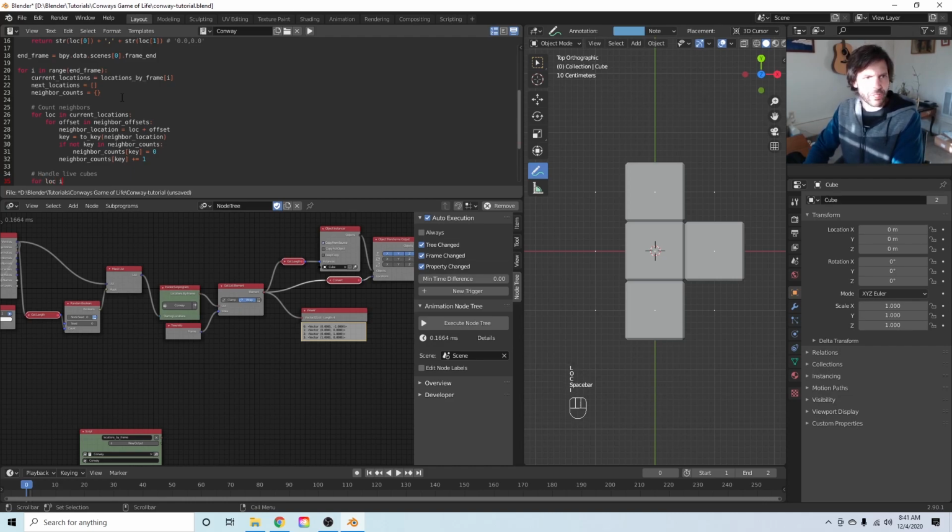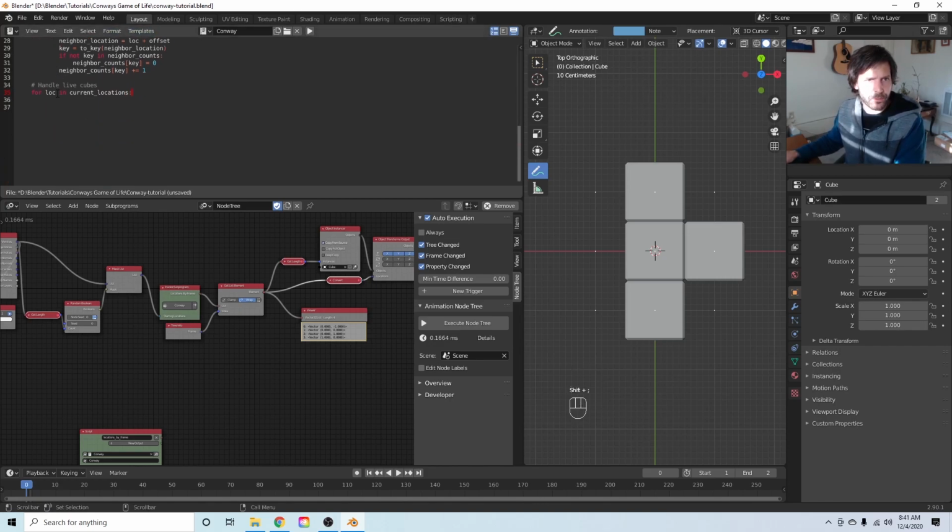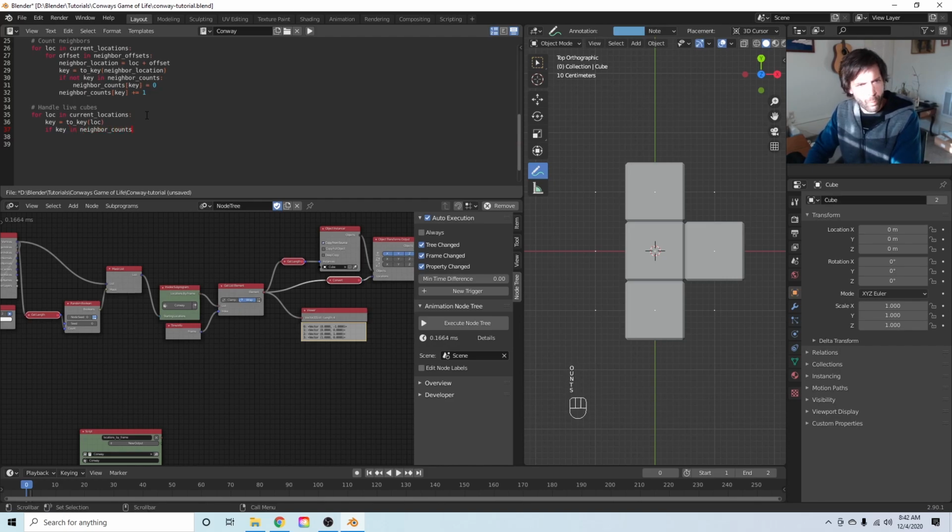For location in current locations, just like our loop above, same loop essentially, we need to get our key based on the location, and we're going to check to see if that key is in the dictionary. If key in neighbor counts, why wouldn't